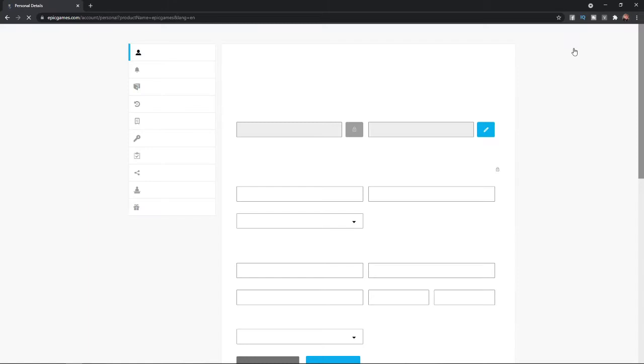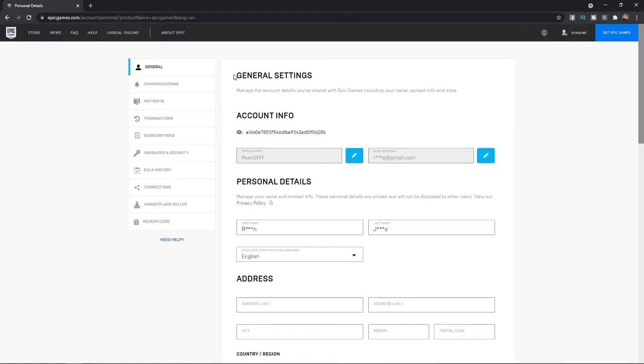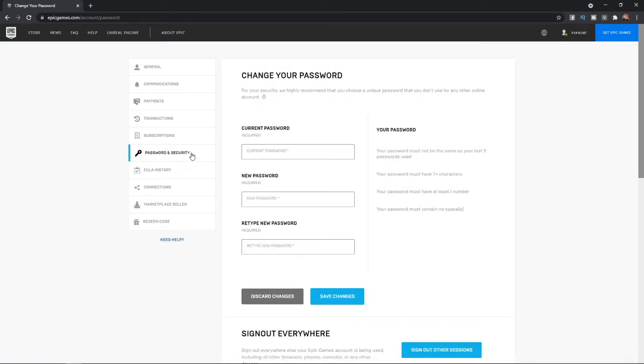Once you select account, you'll be brought over to this page, and as you can see, we are on general settings here, and the one we need now is, if you come over to the left hand side bar, you will see a lot of options, and if you scroll down to around the middle, there is an option for password and security. If you click on password and security, as you can see, you can enter in your current password. If you enter in your current password here, you will then get an option to enter in a new